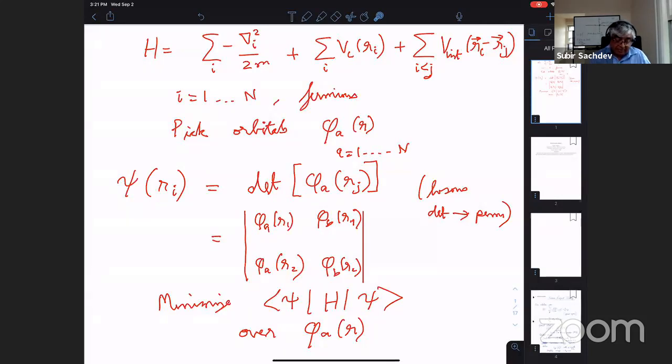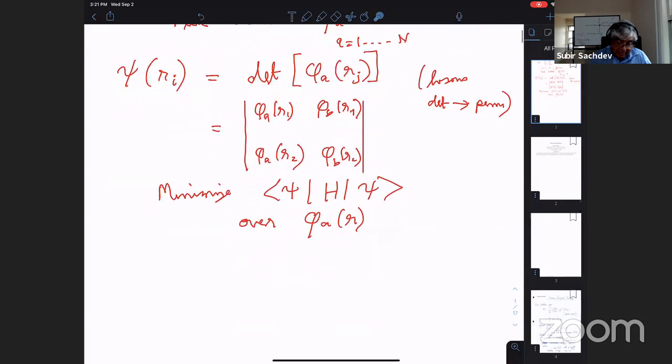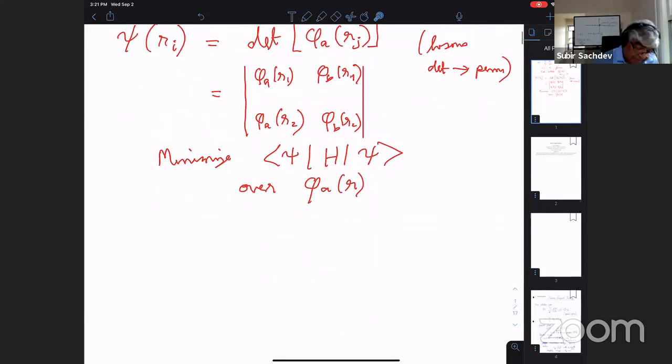But then of course the purpose of the course, not right away, not today, but in a few lectures, is to talk about systems where this whole procedure fails completely. That you cannot think of the many particle wave function as just the anti-symmetrized product of single particle states. But while we are talking about this, let's just talk about another extension of this idea, not from the ground state, but to the excited states. So let's talk about excited states. So you had excited states, what would you do?